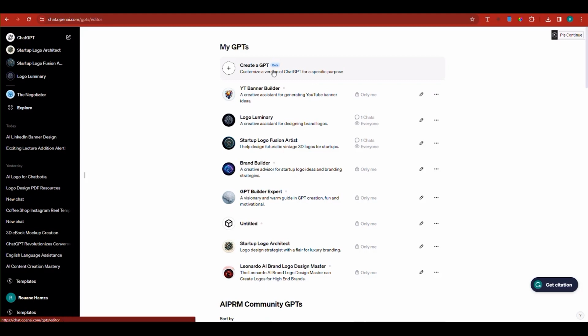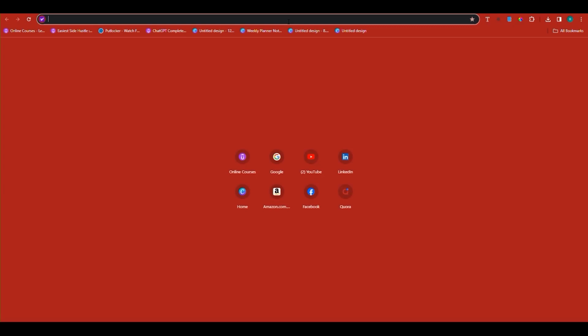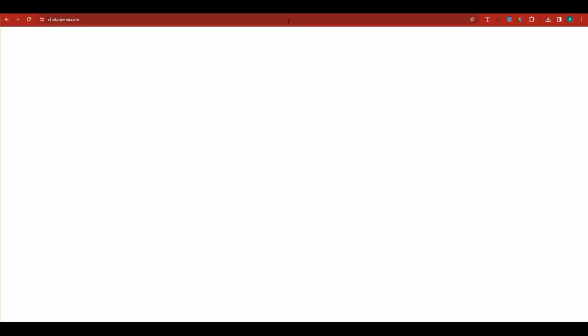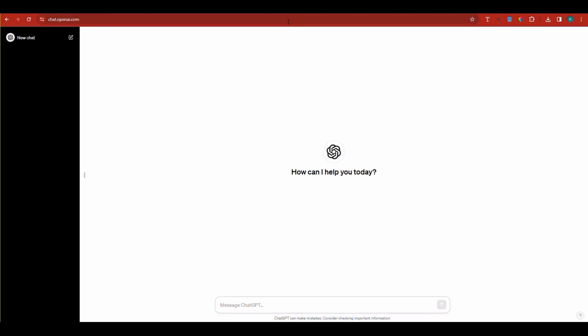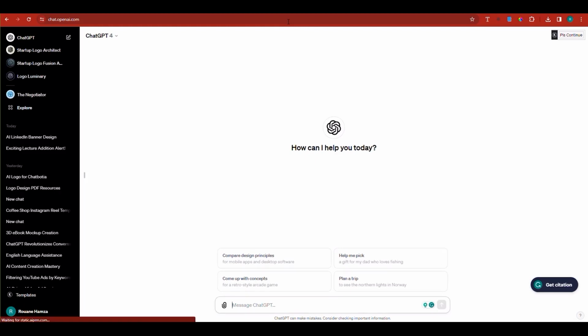So I'm going to click on create a GPT. At the same time, I want to open up a new ChatGPT tab in which I'm going to ask it: I would like to create a GPT that specializes in generating Facebook ads, Instagram ads, Google ads, and so on. And I want you to give me the prompts that are required for me to prompt the GPT builder. So here I'm going to say,